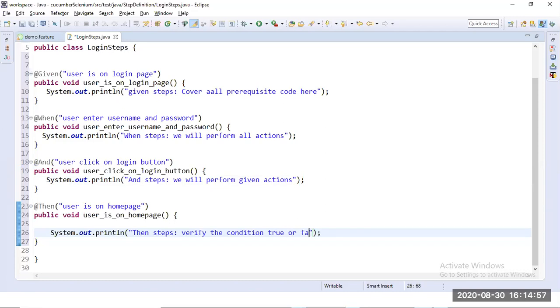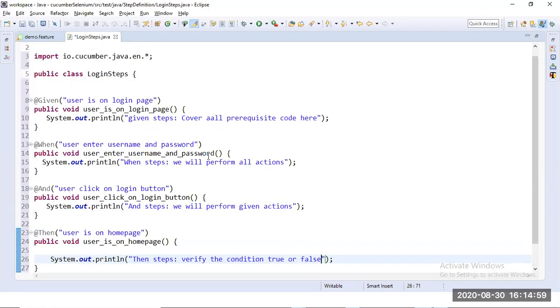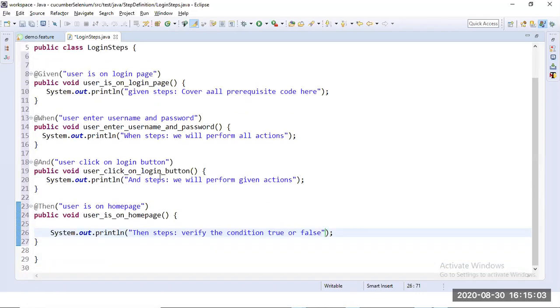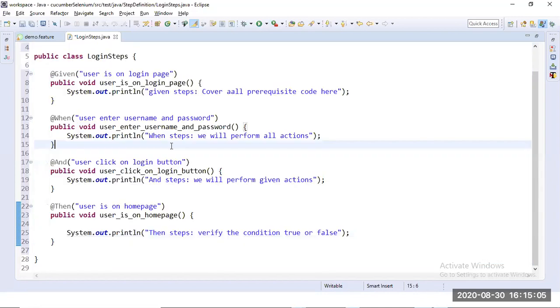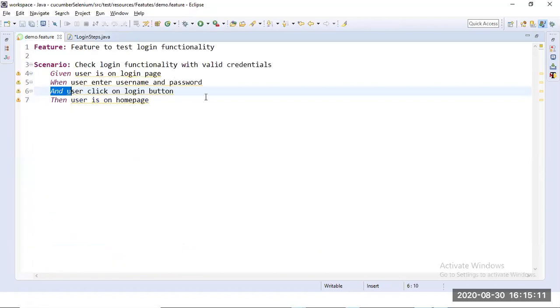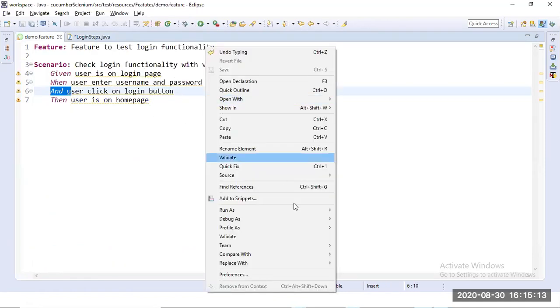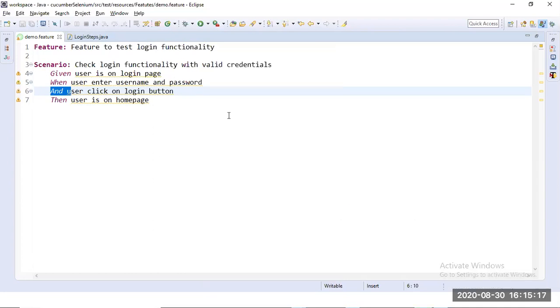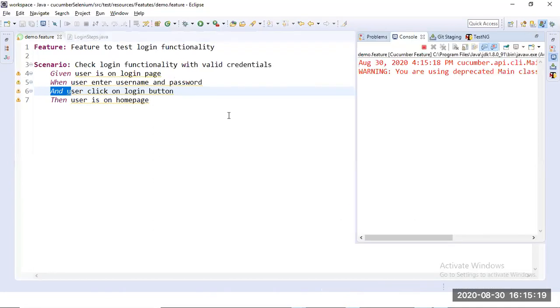True or false means once you enter a valid username, a valid password and click on the login button, you will be on the login page or not. So this is the login steps. Now you see guys, when you execute now, this time it will map all those steps we have implemented and those steps will get executed. Whatever steps we have covered will get executed. Now see,